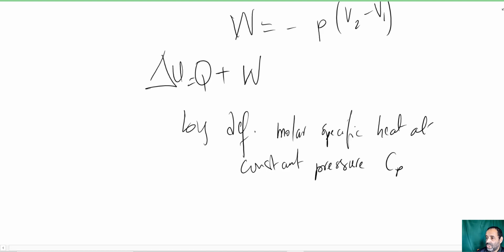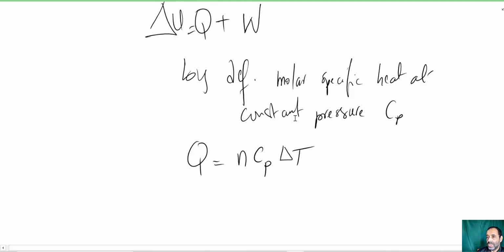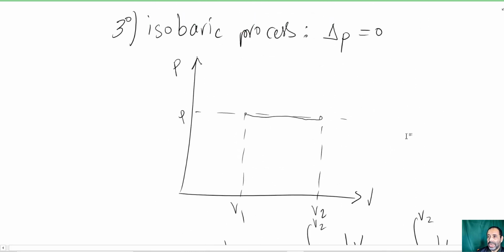Cp is defined in such a way that the heat in this situation is equal to nCp delta T. So in other words, in my expansion I must have gone from some initial isothermal T1 to a final isothermal T2 in such a way that there is heat exchange. So I'm getting heat in here, and that's how much heat I'm getting because I'm going to a higher temperature now. So I'm heating up the gas,